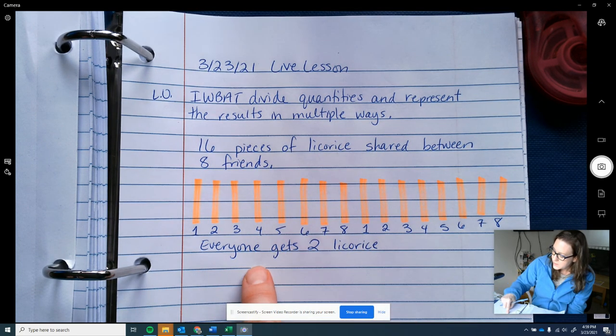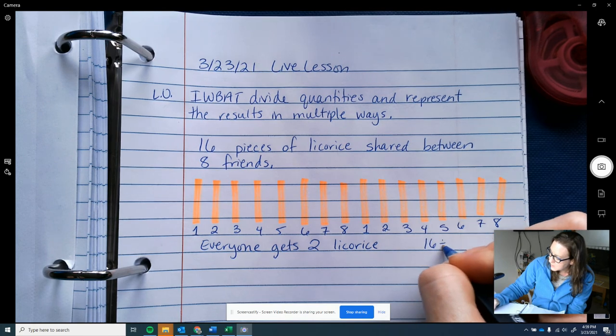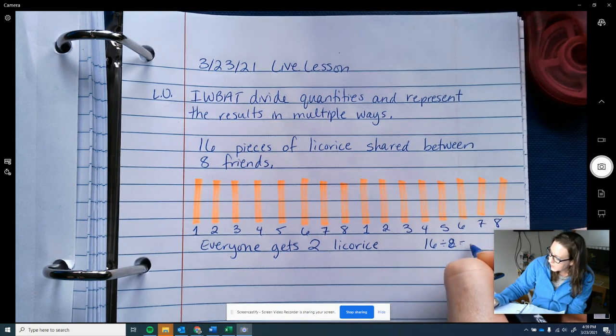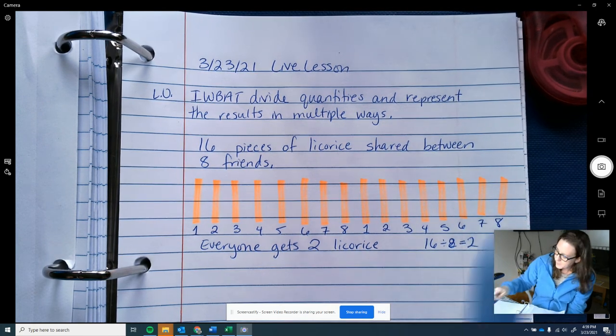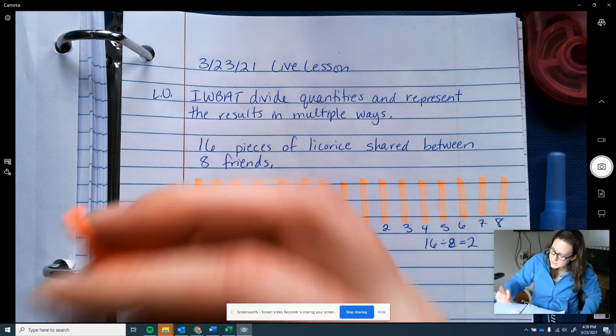Okay, so in this case, everyone would get 2. Some of you recognized it as simply 16 divided by 8 equals 2. Okay, but what happens if we find